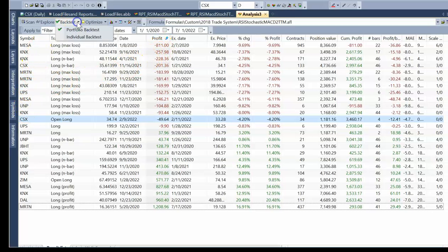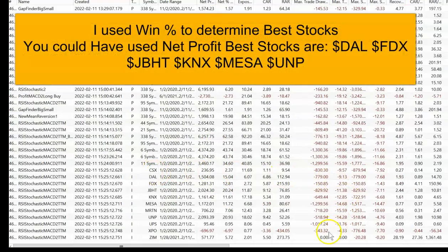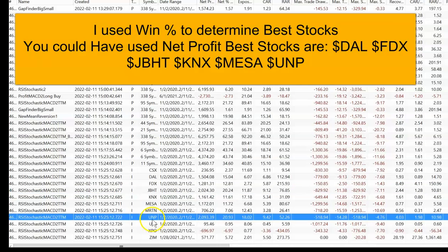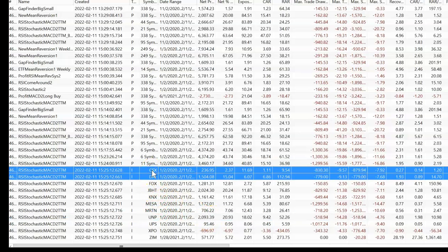And this time I'm going to do an individual backtest and see which ones are dragging us down. And there are our stocks. There they are. And the net profit from each one, that's an all-star. J.B. Hunt, United Parcel Service, excuse me, UNP, Union Pacific. Well, let's take this and put it in a spreadsheet and do a little further analysis, see which ones are